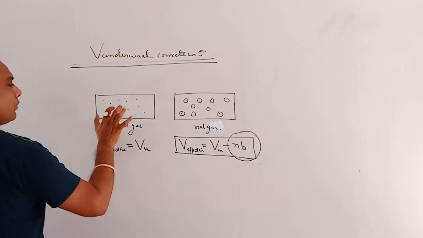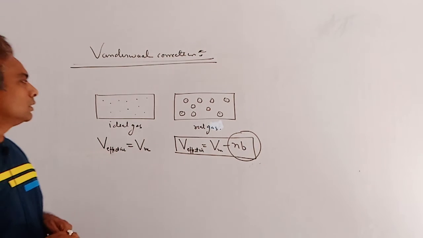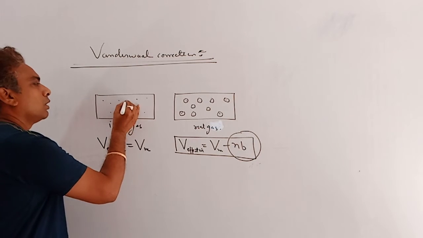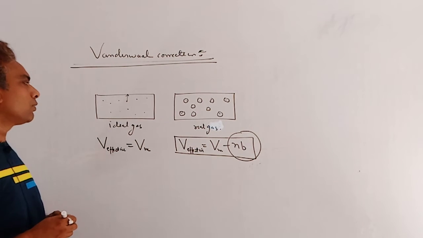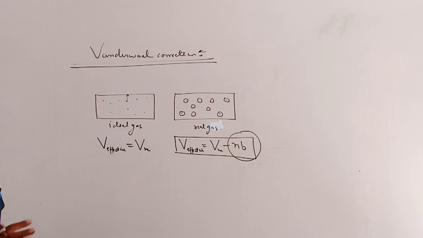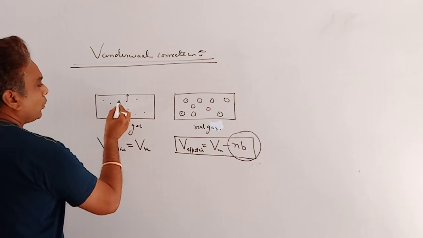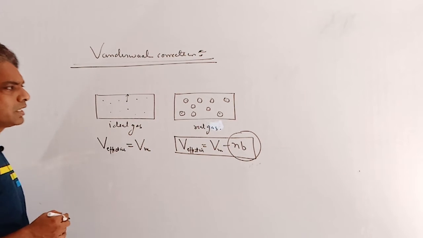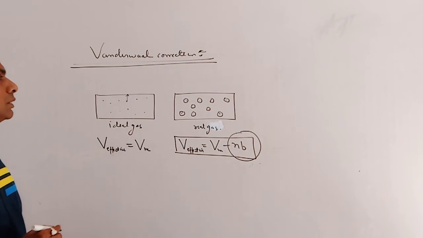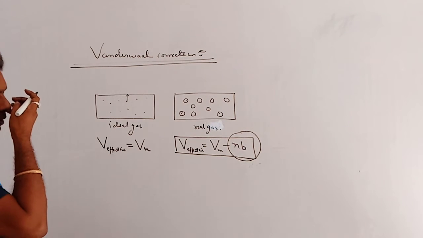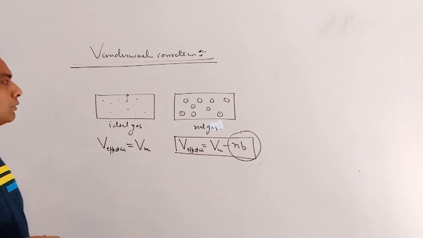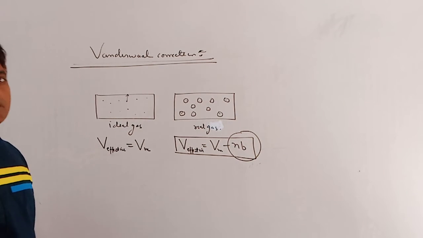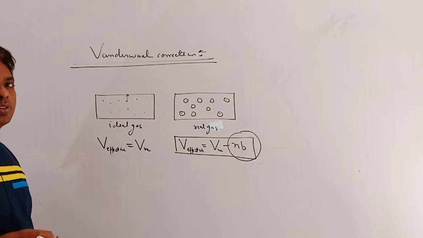Similarly, in case of ideal gas, the pressure exerted on the wall of the container is due to the striking rate of particles on the wall of the container, and the cohesive force between these ideal gas particles is negligible, since according to the kinetic theory of gaseous molecules, the cohesive force or intermolecular attraction force between ideal gas particles is 0.